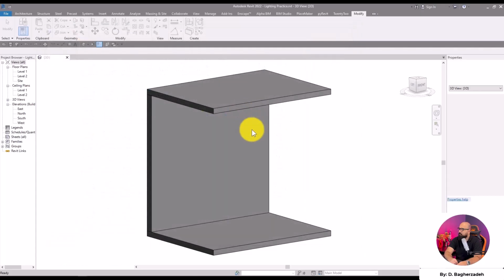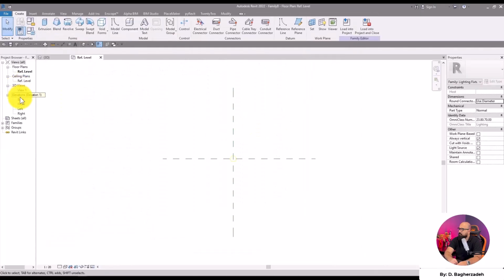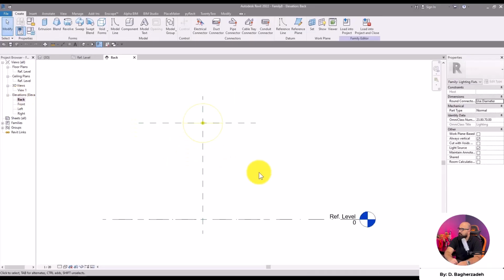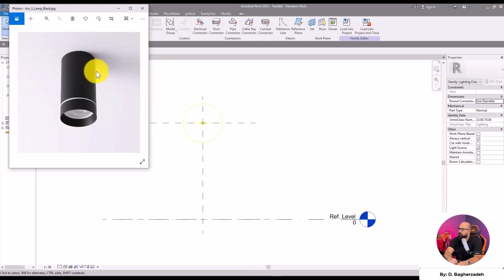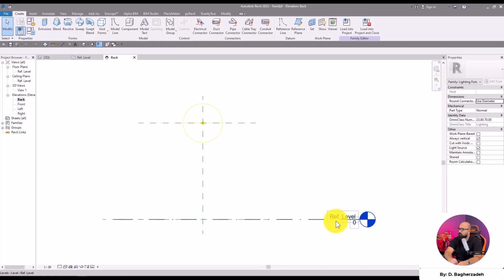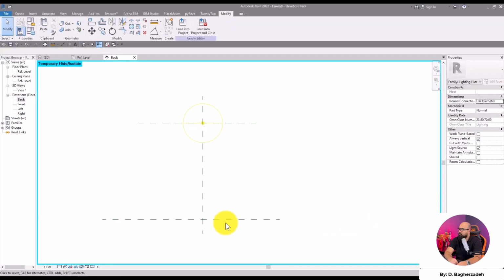Alright guys, now as I said, we want to work parametrically here. So, the most important parameter that we need here, let's take another look at the image. The most important parameter here would be the height parameter. Now, let's assume that we have a ref level here, for example. We can start drawing the sketches from this point. So, as a result, this range here is where we can actually specify our height parameter. So guys, what we need to do here, let